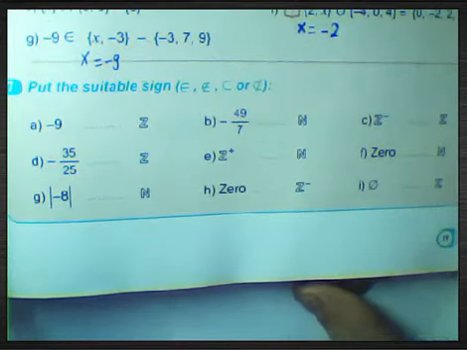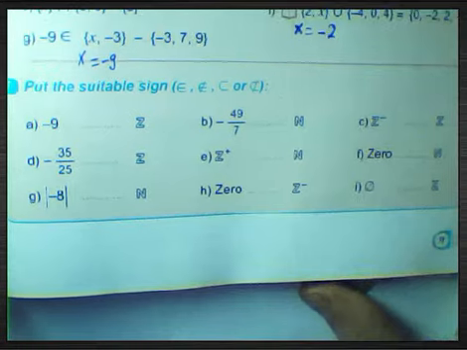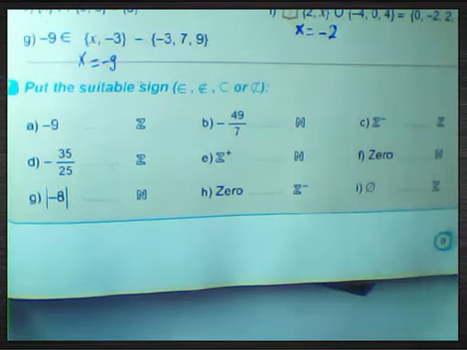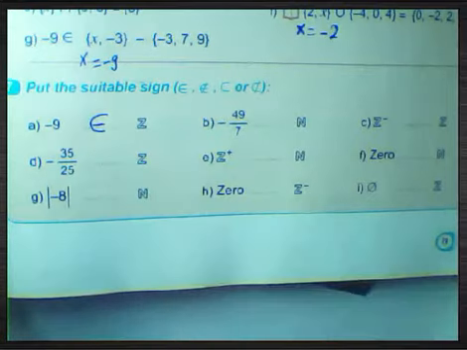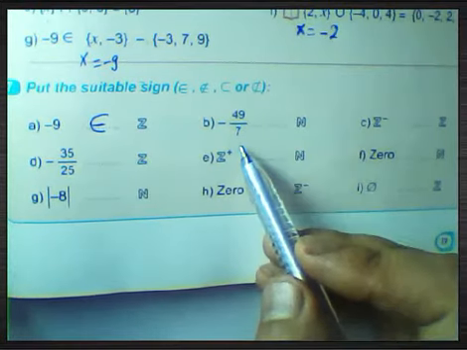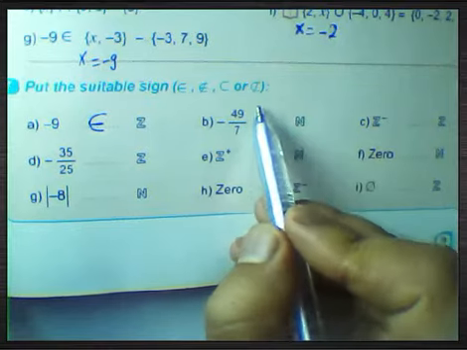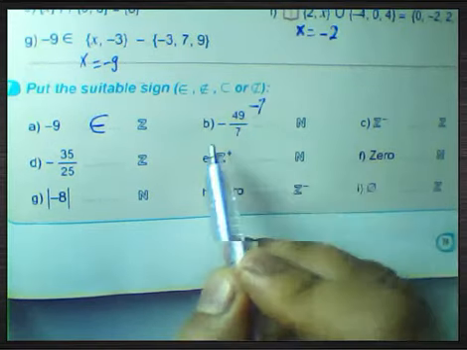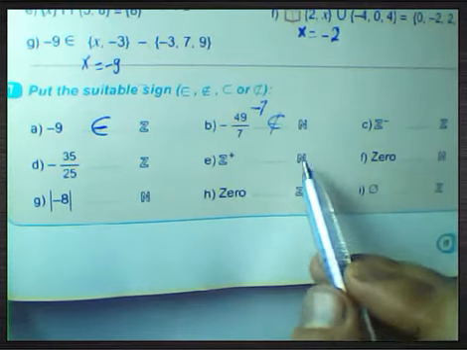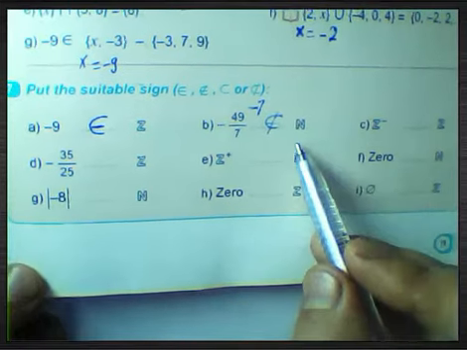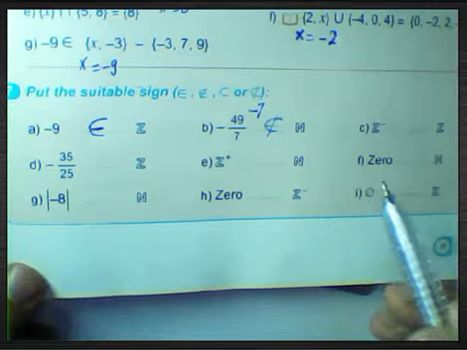Put the suitable sign: belonging to or not belonging to, subset or not subset. -9 belonging to the integer numbers. -49 over 7 equals -7. -7 not belonging to the natural numbers, because natural numbers start from 0, 1, 2, 3, 4, and so on